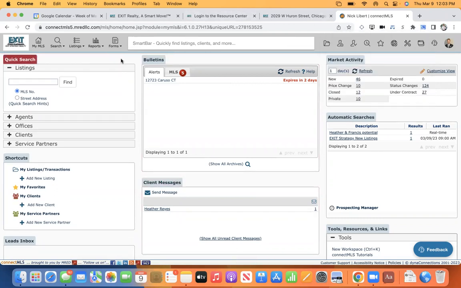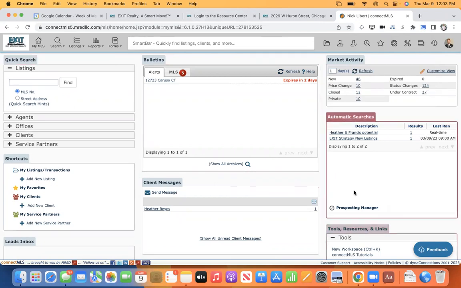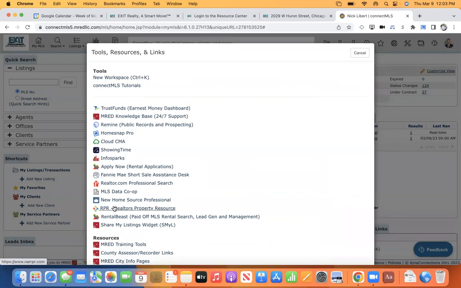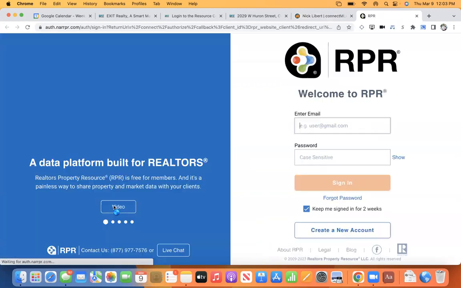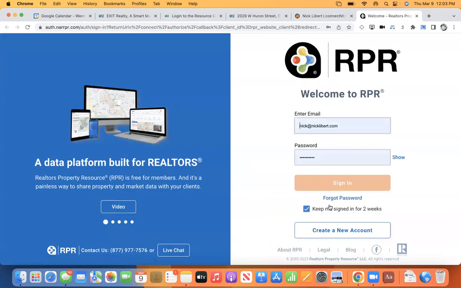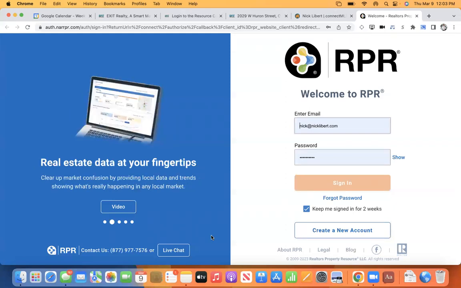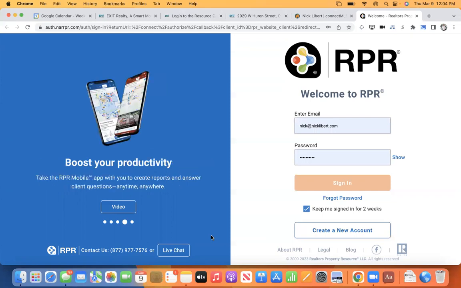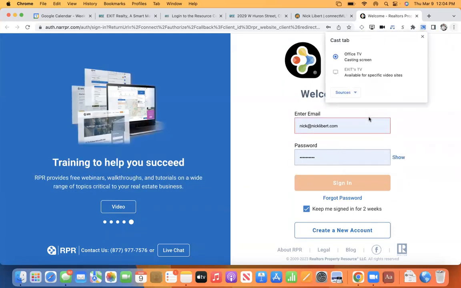So Realtors Property Resource is from the National Association of Realtors. And it is probably the most comprehensive tool in terms of what you are able to go out and look for in resources as far as who owns a property, how much they owe, what's going on in the neighborhood. And if you are ever doing, thank you, Laura, if that will now work, let me turn on the cast for the